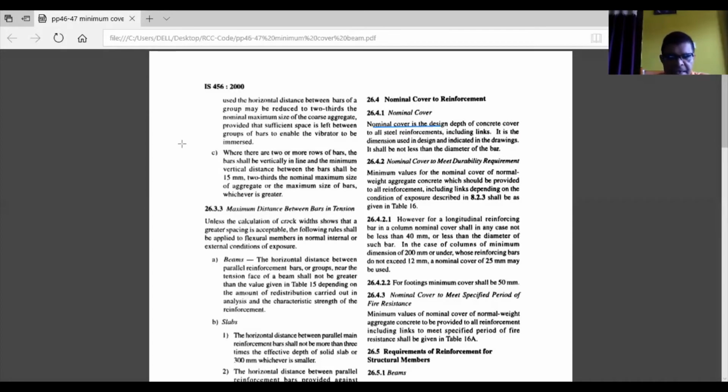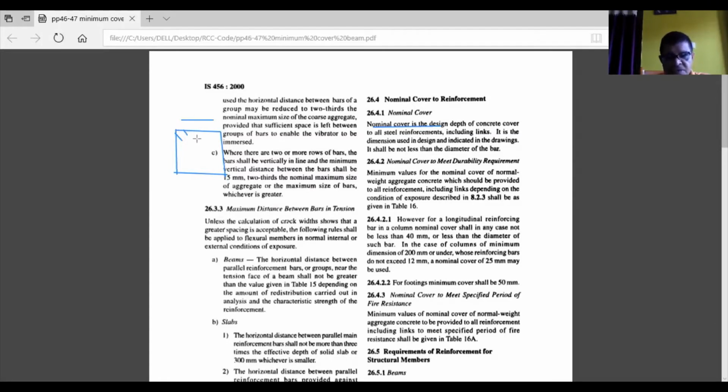I have shown you a link, the shear reinforcement inside the beam. So if you have the main reinforcement, there will also be shear reinforcement. You will find the shear reinforcement here. Now for these links also, in the beam, the minimum cover shall be maintained.